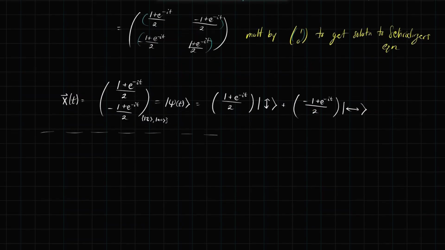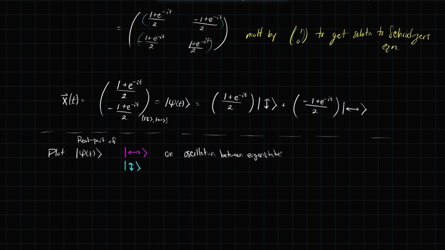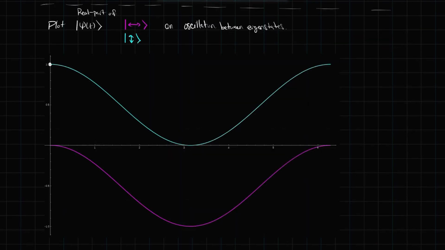If I go ahead and plot this outcome, so let's plot psi of t, and in fact, because there are some imaginary terms here, the best I can do is plot the real part of psi of t with two particular colors. We're going to do this color on the left-right term, and we're going to do this color on the up-down term, the up-down components. What we will see is an oscillation between eigenstates. If you look, this is where we start. This is where we start at all